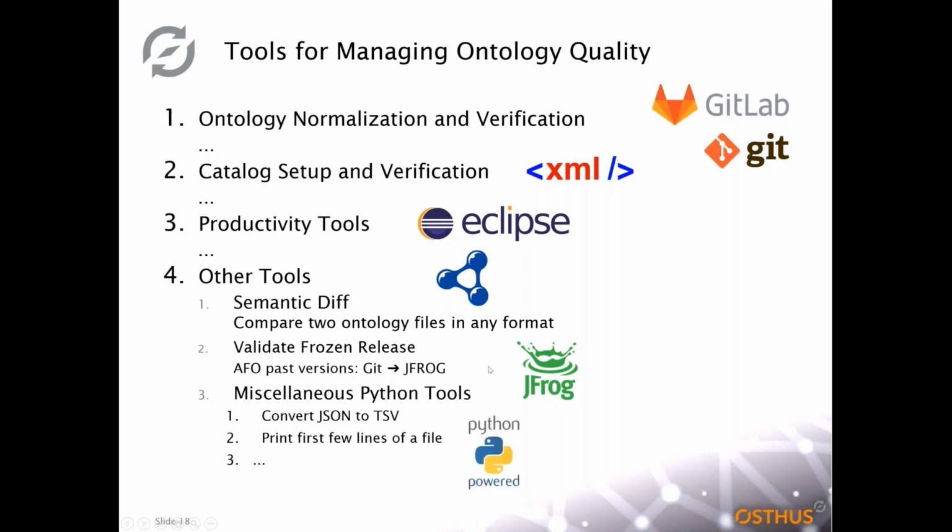Then we have a collection of miscellaneous Python tools that do small but useful jobs. One of them is to convert JSON to tab separated value. For example, when I run a Sparkle query for a release report, I get a JSON file back that's not human readable. So we have a converter. And there's also a tool to print the first few lines of a file. Now you might ask the question, why did I write that? Well,